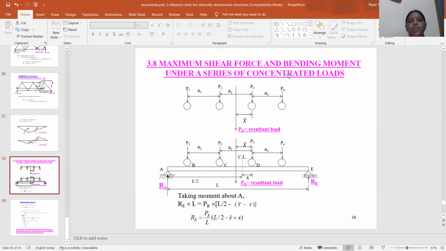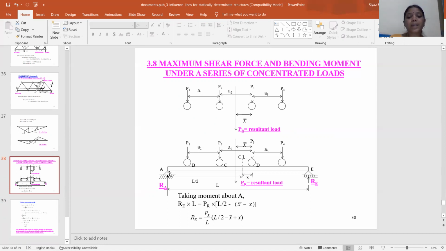So the maximum shear force and bending moment under a series of concentrated loads. So point loads P1, P2, P3, P4, with distances A1, A2, A3. So take a simply supported beam with the 4 point loads P1, P2, P3, P4 and distances A1, A2, A3. At the section, cut the section in the X direction, taking moment about A or E